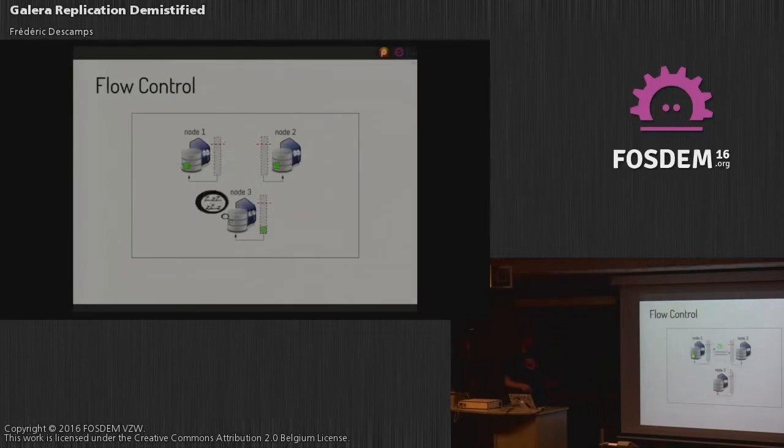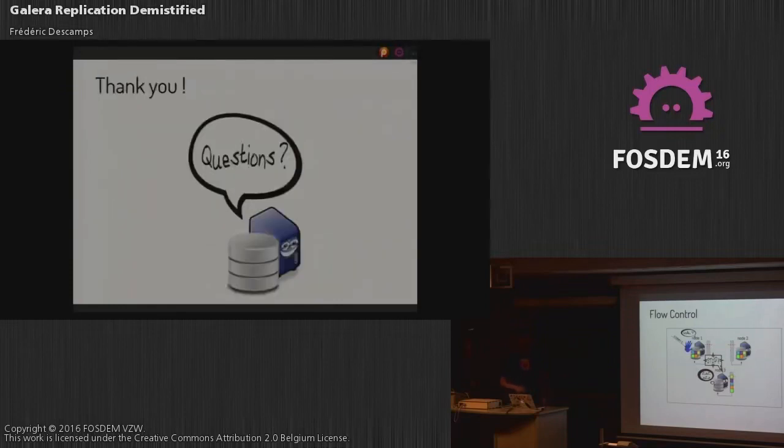So yeah, I will let you show this graph, but you just need to know that we see this one is not applying anything, and it has the limit here, and it has the queue. At a certain point, when we reach the queue limit, it says stop to all the other ones, and everybody waits. Nothing happens because they need this one to process the stuff. Okay? That's it. Do you have questions?